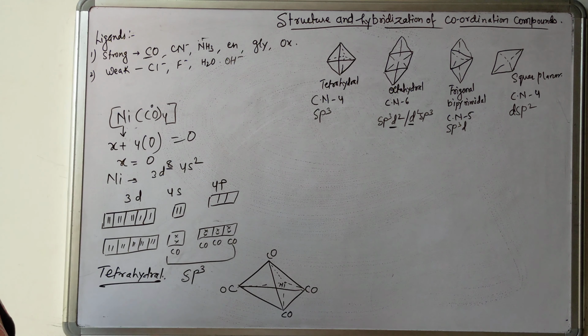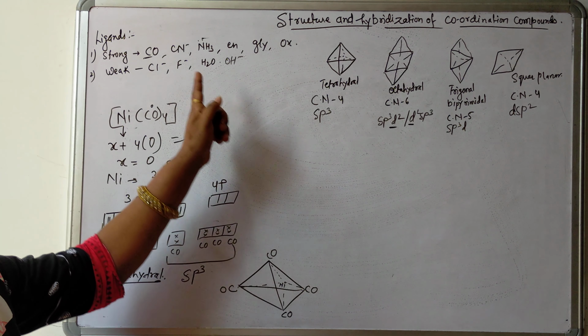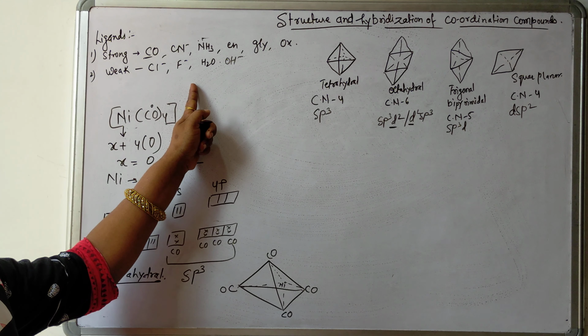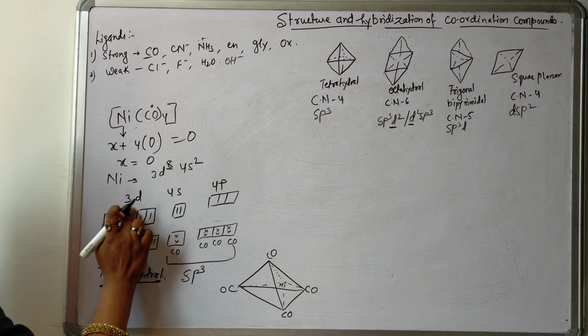The structure and the hybridization all depend on the nature of the ligand in the complex compound. Always remember that the structure and hybridization of a complex compound depend only on the electron donation of the ligand. The ligands which donate electron pairs easily will utilize the inner d orbital to make their bonding. When strong ligands are used in bond formation, the electrons will be pushed into the inner d orbital. This is the inner d orbital.